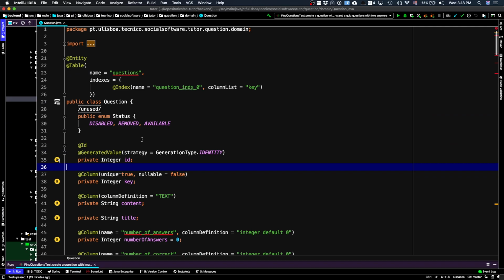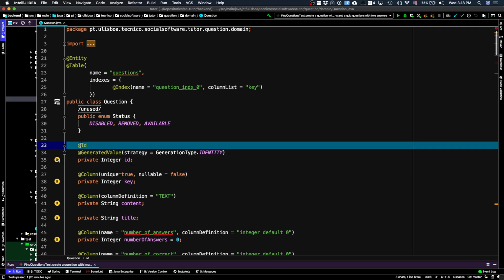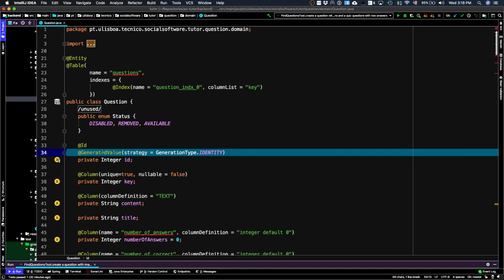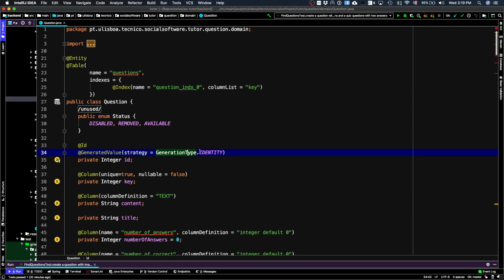You can have keys that are automatically generated, so that when the instance is inserted in the database, the system generates a unique value for you. That's the case of this integer ID. So I have this annotation, ID, and I can even say what the generation policy is. These generation policies vary depending on whether they are unique in terms of the table or in terms of all the instances, so you can see which one is more